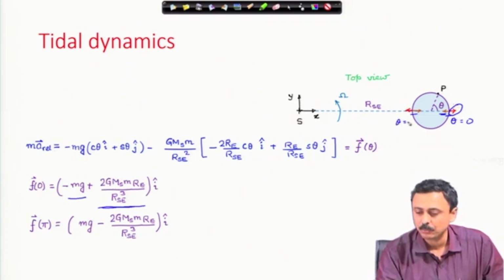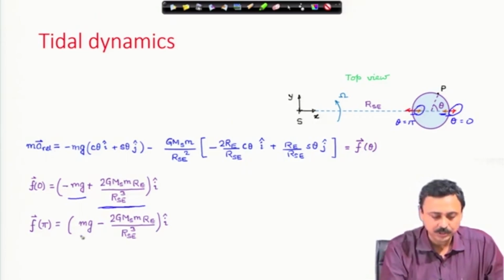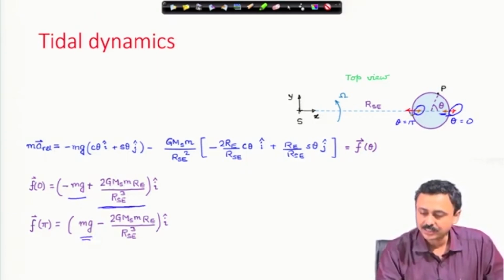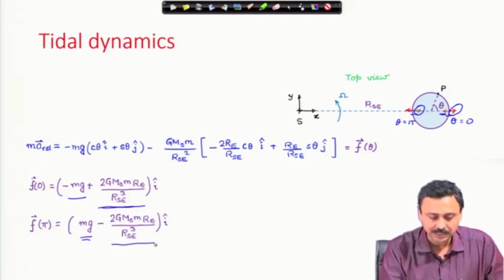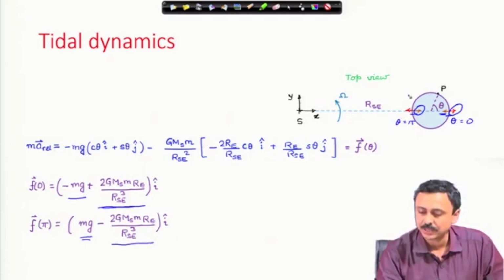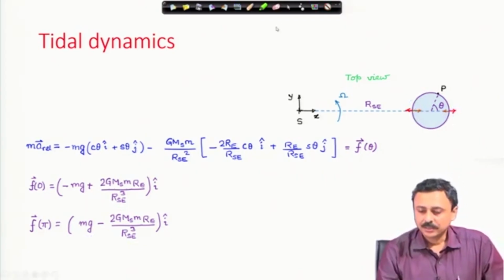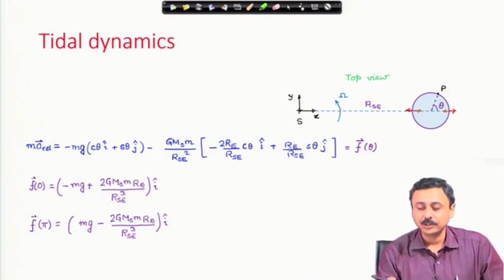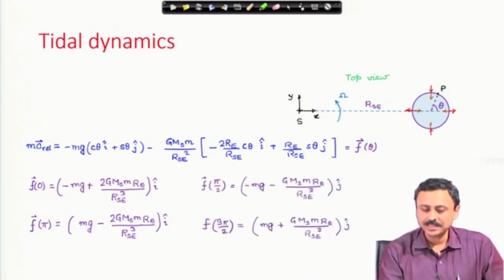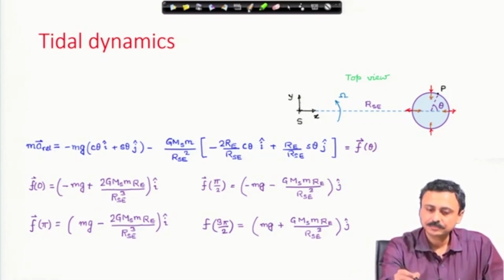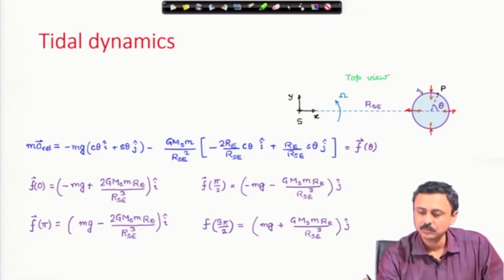Similarly, theta equal to pi radian, I have the weight acting towards positive I cap direction and a small force which is acting in negative I cap direction, which I have again shown by this red arrow. Therefore, apart from the weight, we have these red arrows which are to be observed. When it is at pi by 2, at these two locations, this is at pi by 2 and this is 3 pi by 2,